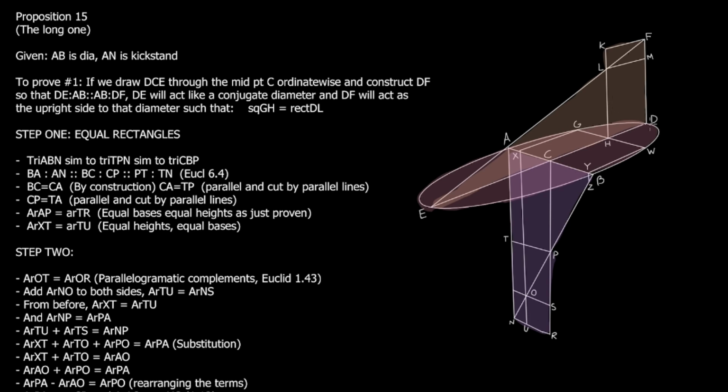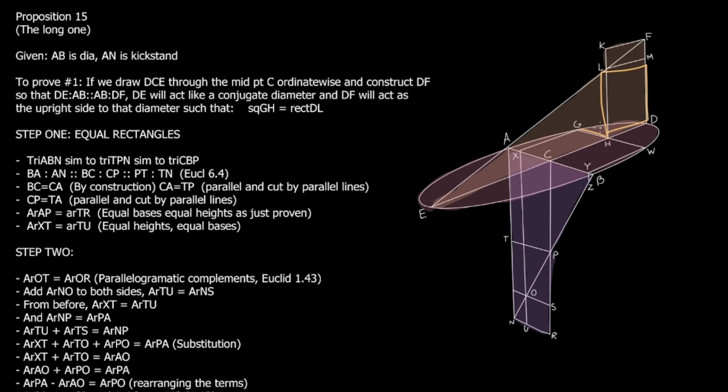The first thing is we're going to set up DF as a sort of supposed kickstand, and we're going to prove that for lines drawn potentially ordinate-wise to DE, like for example GH, the square on GH is equal to the rectangle HLMD,